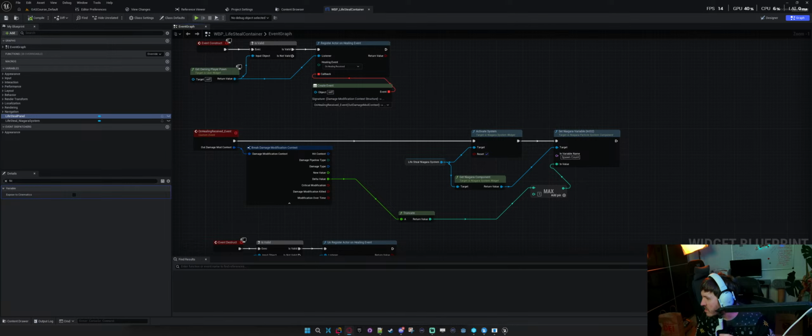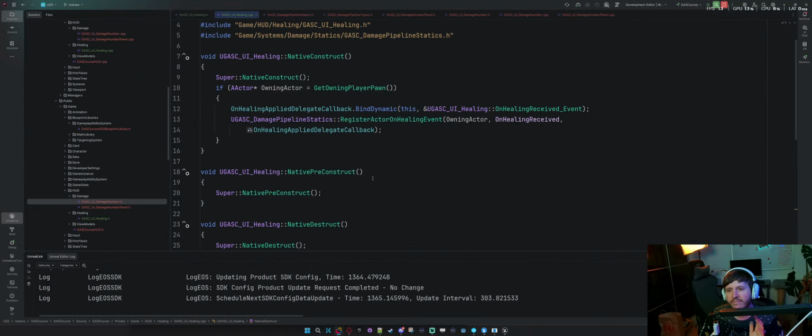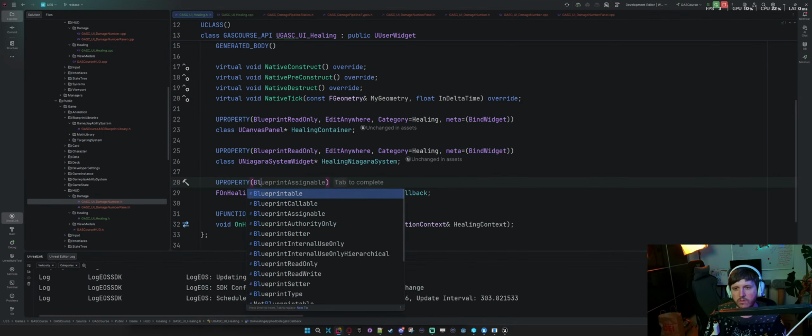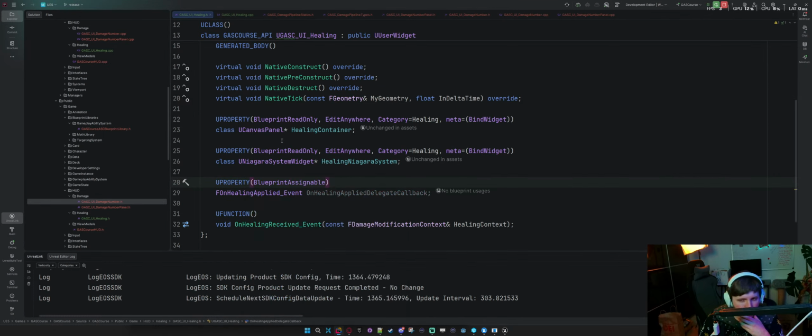ChatGPT is saying I'm wrong in some way. Feels right. They want this to be a U property, blueprint assignable. And there's the U function, that's fine. So can I?